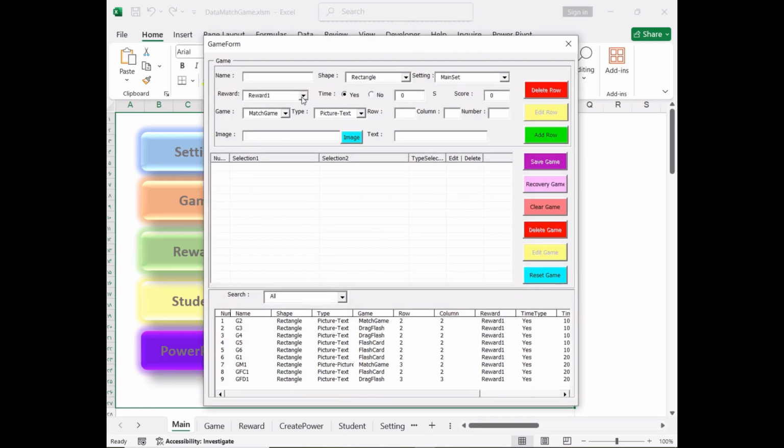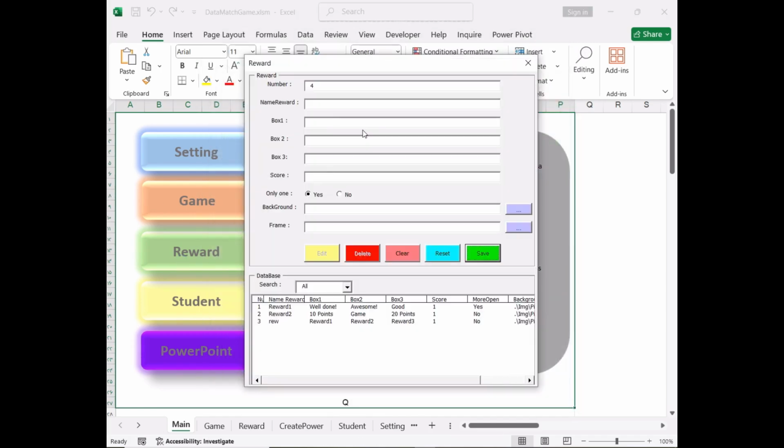In the Box 1-3 sections, you can design 3 reward boxes based on the needs and vibe of your classroom. The content is completely up to your creativity. From motivational scores and encouraging messages like "well done" or "awesome," to a chance for a game replay, the possibilities are endless. But if you want to make your classroom even more fun and engaging, we suggest trying some playful,